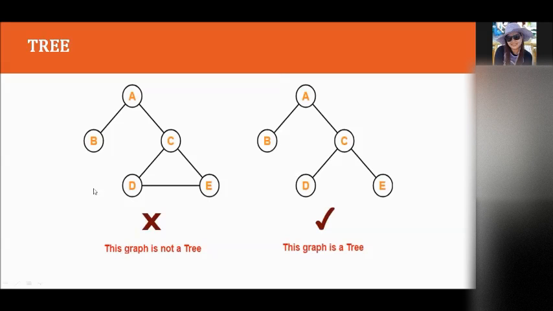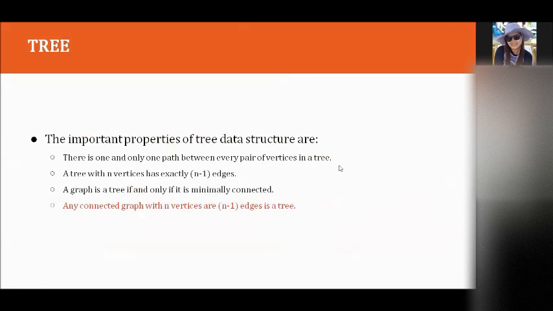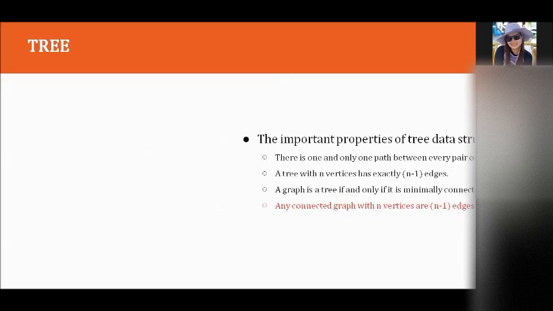This left side is not a tree, which is A, B, C, D, and E, because of the interconnection with the edges. And then this one on the right side, this graph is a tree composed of A, B, C, D, and E. So if you will notice, guys, based on the properties, there is a path, okay, going to their children.